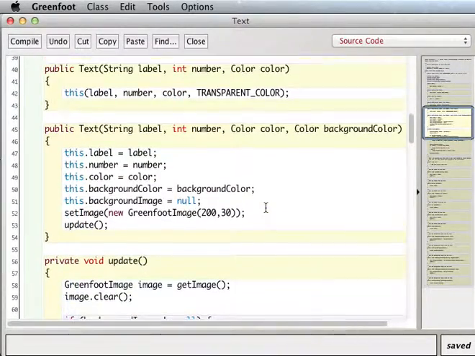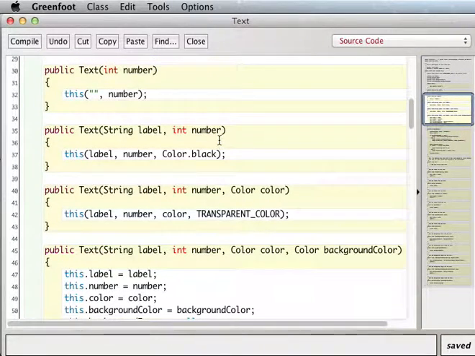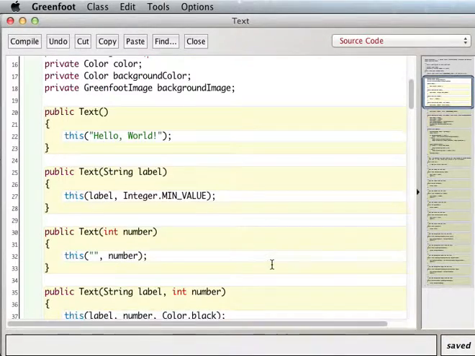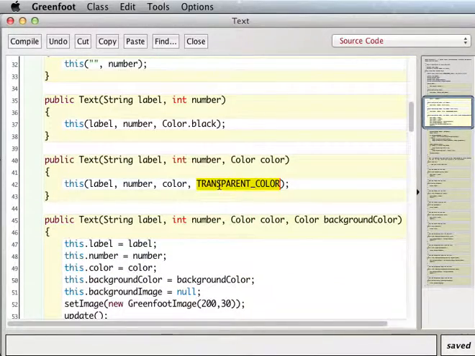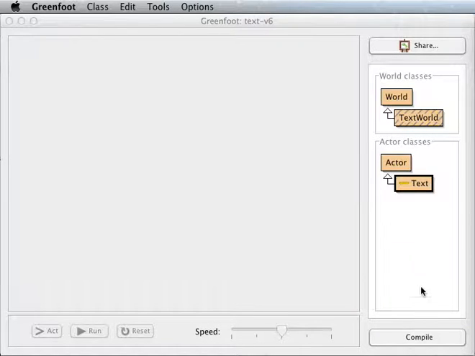Okay, so that way, like I said, now every time we have a constructor, so any of these constructors, because they kind of cascade and call, this one calls this one calls this. So anytime any of those constructors gets called, we'll just be reusing the same color instead of creating a new one every time. And let me just show you that it still does the same thing. So I'll compile it